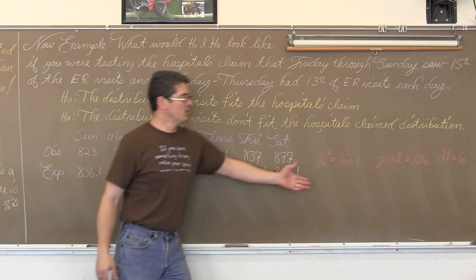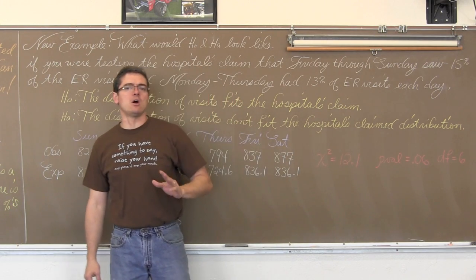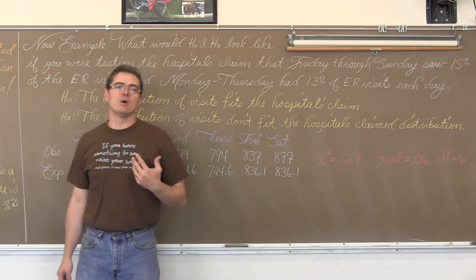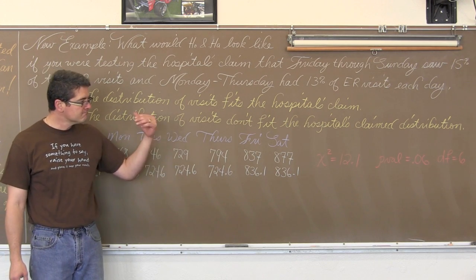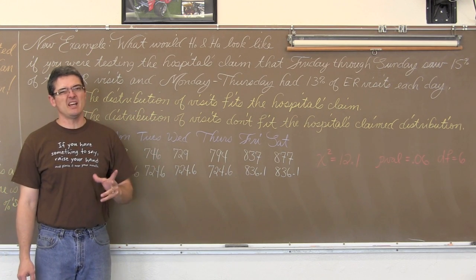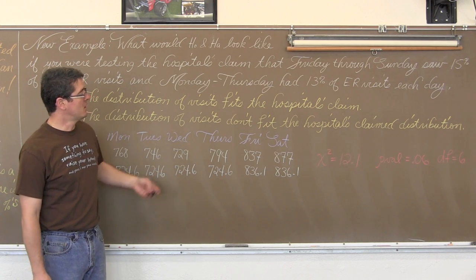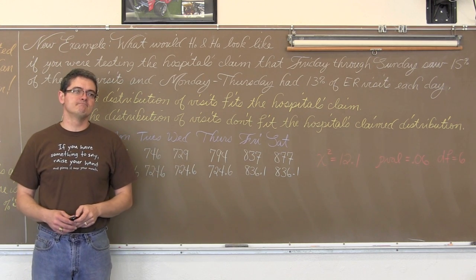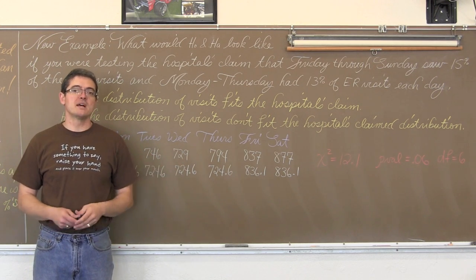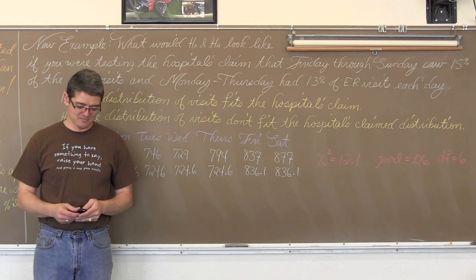And again, no level of significance is stated, so I'm not going to draw a hard line of reject H sub O or fail to reject H sub O, but again, 6%, I'd say pretty weak evidence against H sub O. So we will not reject it if we do have that level of significance.